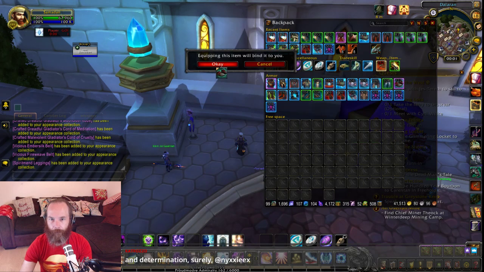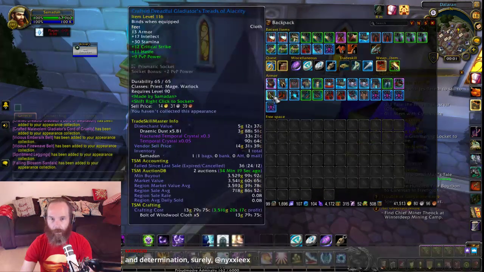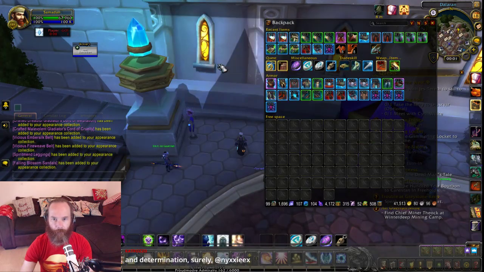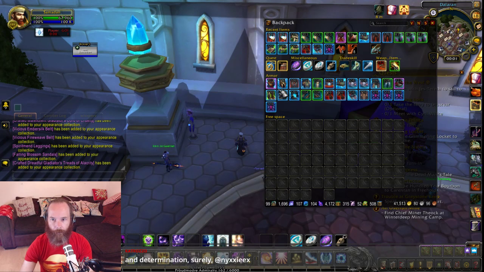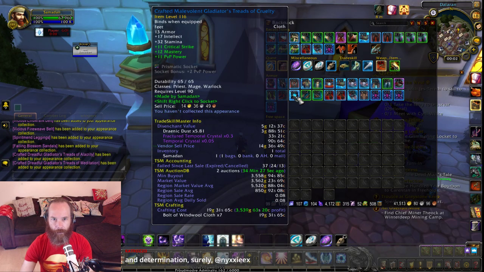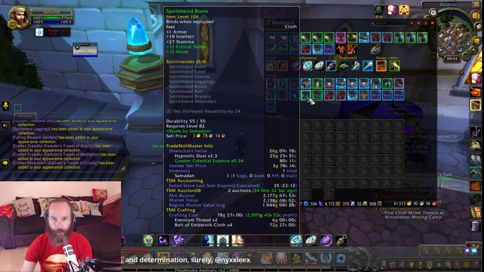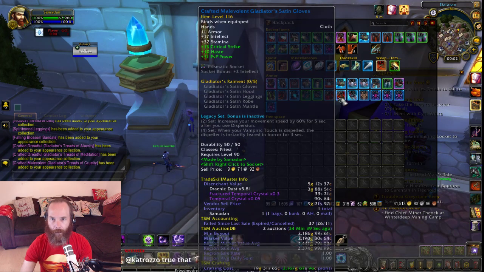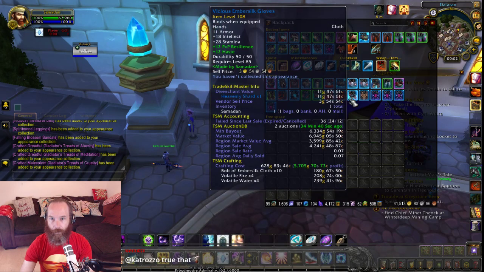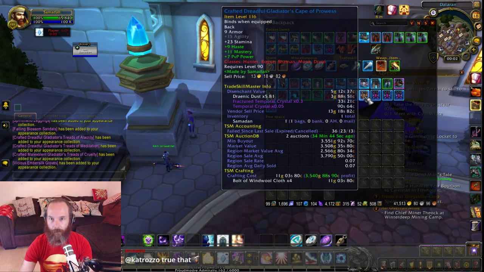Falling Blossom. At least I'm collecting the appearances of these. And another one. There's a lot of crafted gladiator stuff. This is the thing that was slowing me down. I had so much of this stuff, and so it's nice to be able to at least clear it out. Got the appearance of that. Vicious Ember Silk. Now any of these,